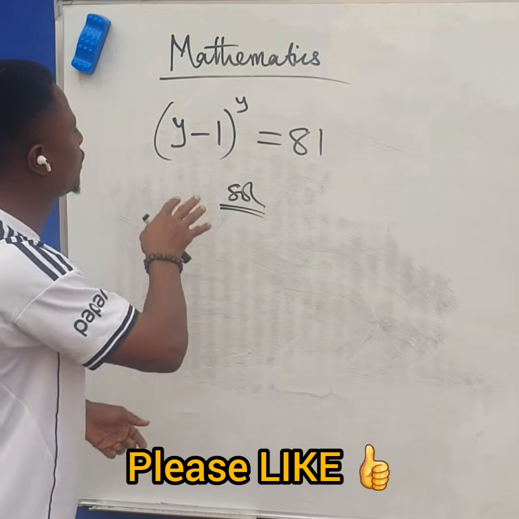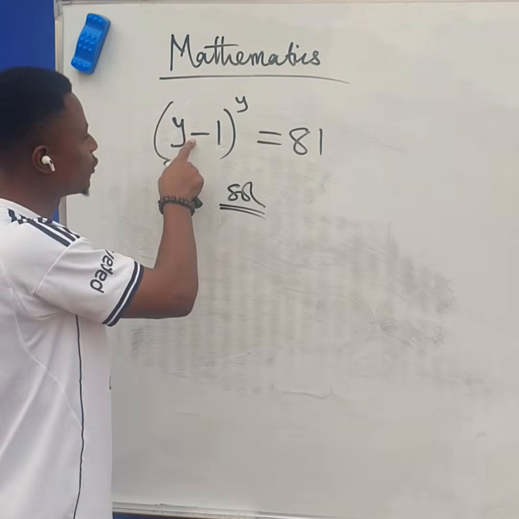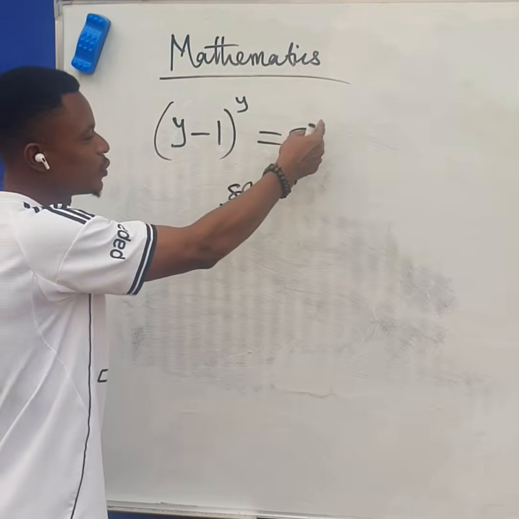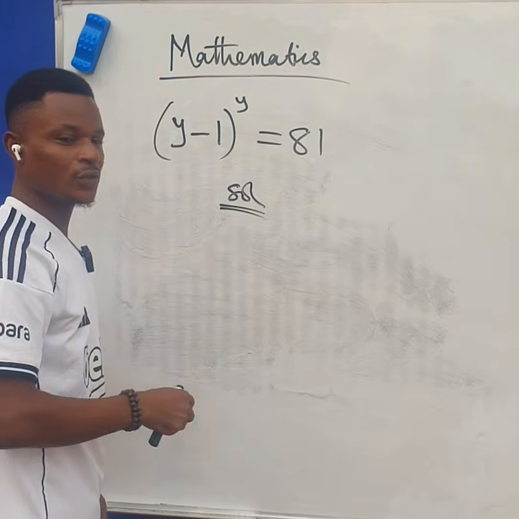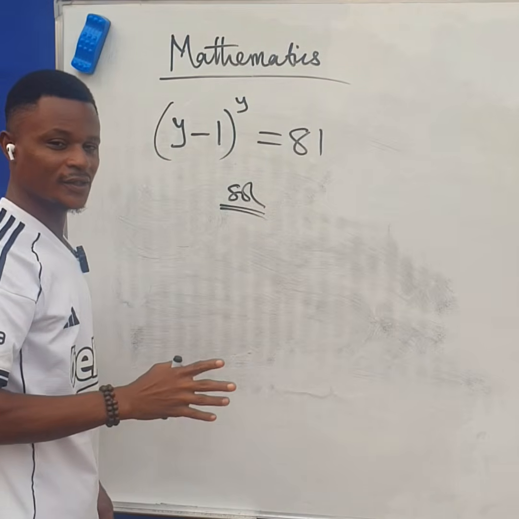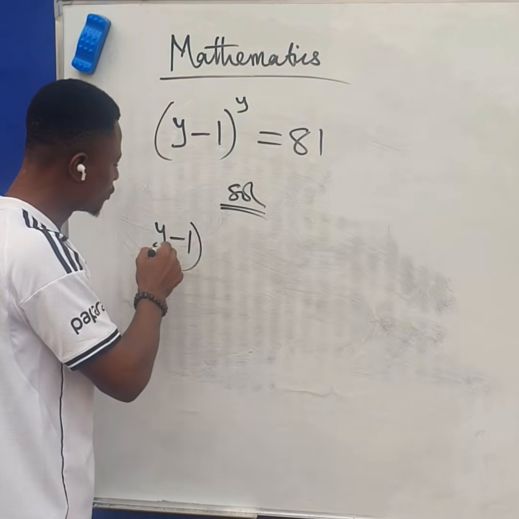First, the left-hand side says that y, which represents a particular number, minus 1, then raised to that same y, gives us 81. So if you want to solve this question, you have to write down this left-hand side exactly the way it is. So we have (y − 1) raised to the power of y,